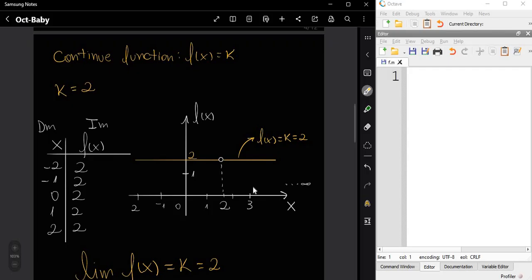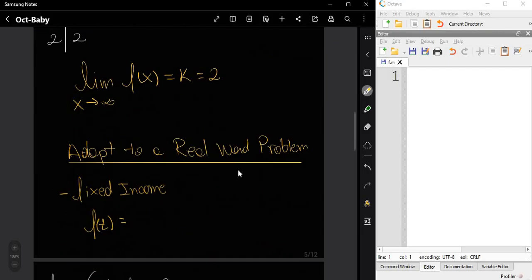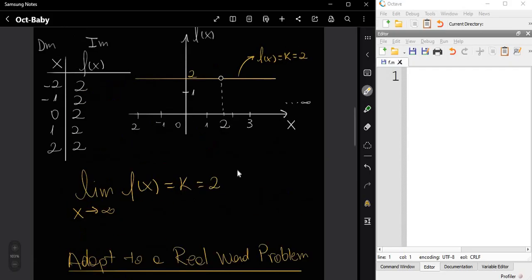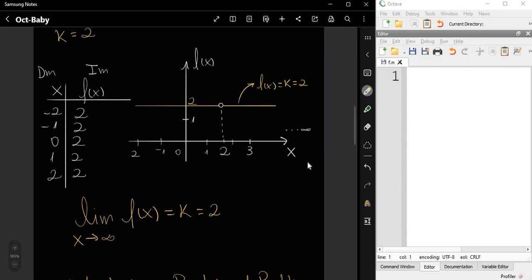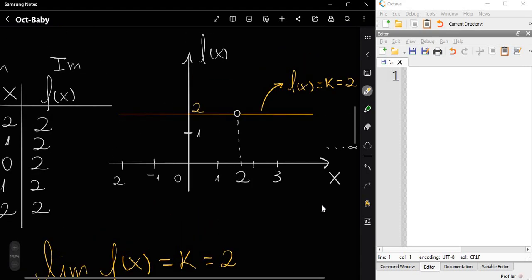I said to you in this example that we can use, for example, a fixed income. Instead of facing this as a function of x like we are doing, we can adapt it to a function of time.